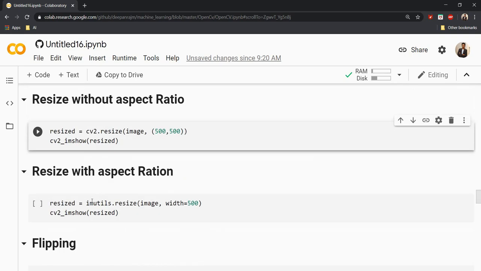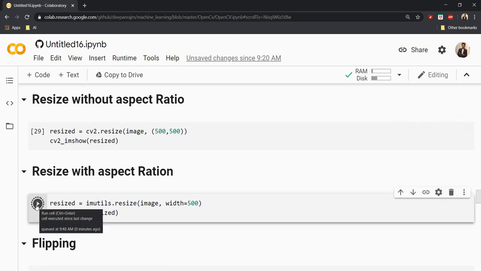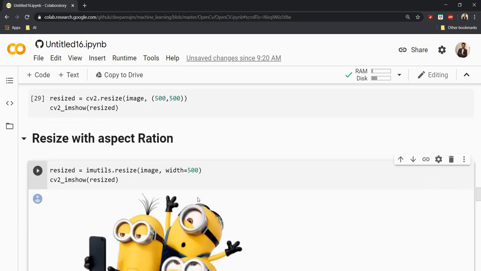Here you can see I've used the function imutils.resize of image, comma width equal to 500. When I want to resize my image, I just give a fixed value of width equal to 500. Based on this width, the height will be calculated automatically so that the aspect ratio will never be lost. Now let me run this particular block of code.